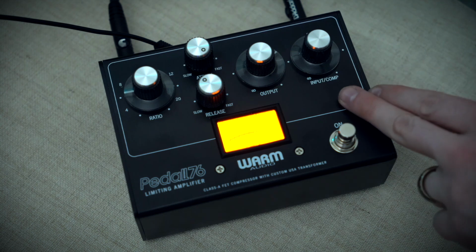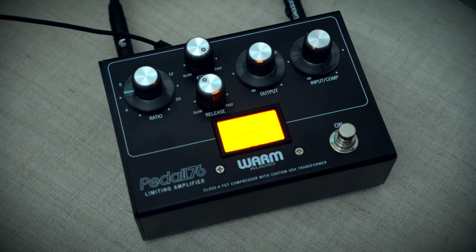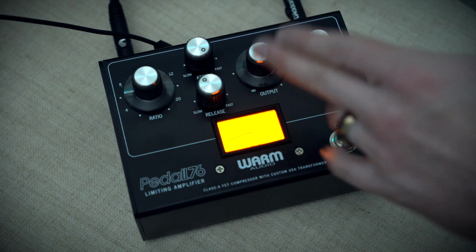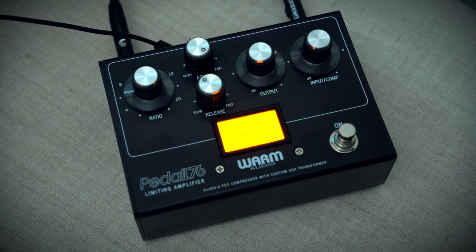And so I increased the input a little bit. I slowed the release. By slowing that release, it was making it not so immediate on letting go. And so it keeps the compressed qualities on the guitar a little bit more once it's quickly attacking. Now, the one thing I want to highlight right away is that with quick attack, it's not giving you that really annoying sort of poppy attack, like whenever you hit the note,